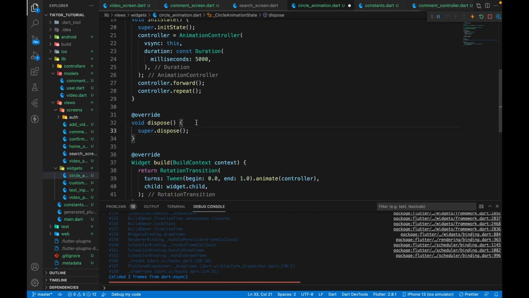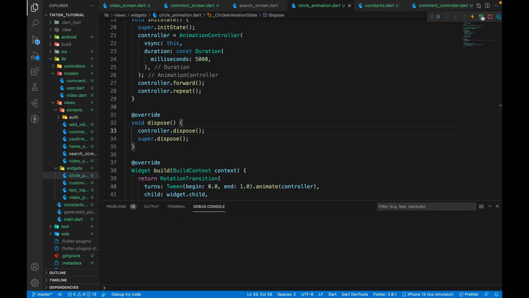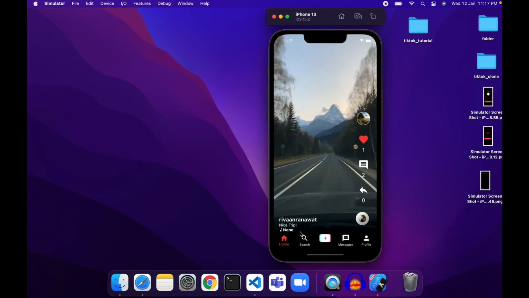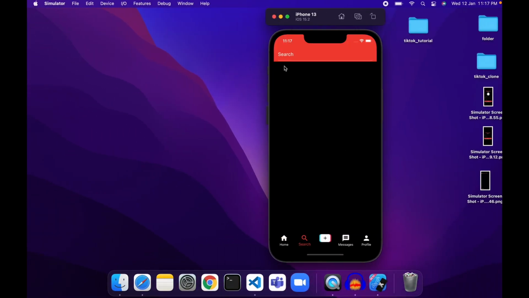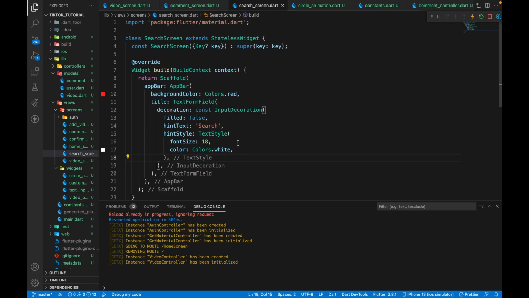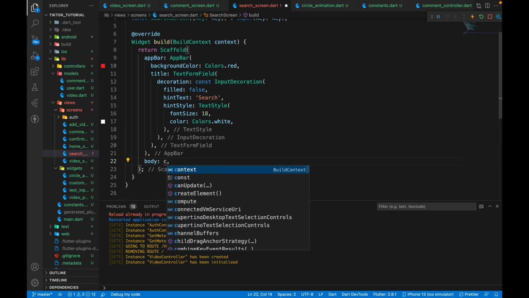So the error is that we want to dispose the controller before calling super.dispose. This has caused the error, and now if we go over here, we can see that we are not getting the error anymore. And if we go over here, our search screen search bar is also showing up, which is good. So now we can go to our search screen again, and in the body